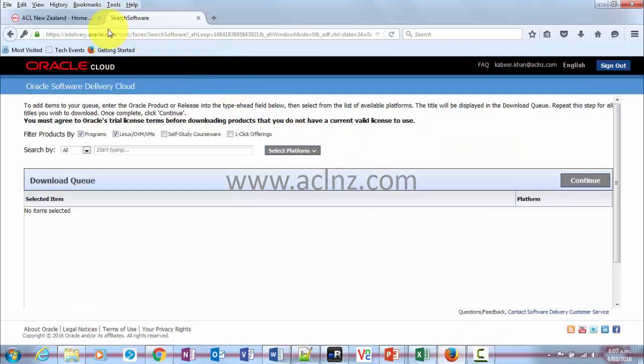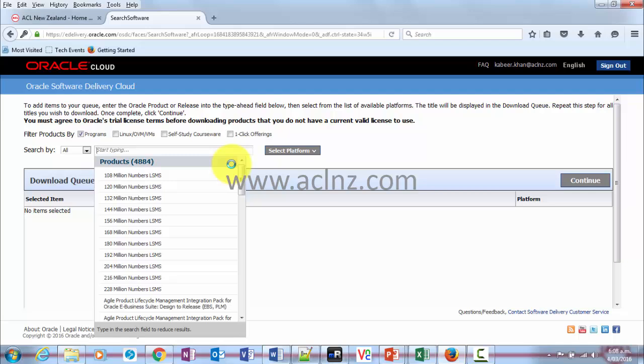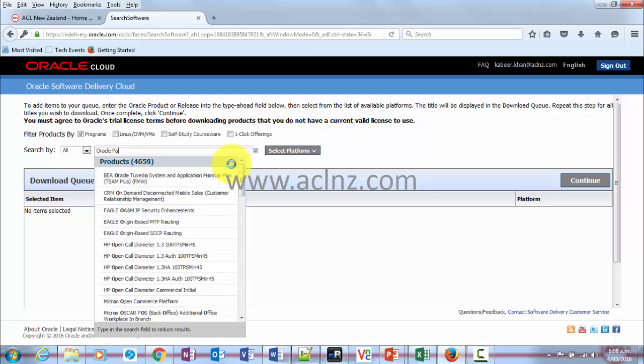So you've got to go to edelivery.oracle.com first, and then it will ask you to enter your username and password, and once you have entered that, then you will reach this place. The second step you have to do is uncheck this box and then leave only the programs one on, and then you can search by a product name within Oracle eBusiness Suite. It could be Oracle Receivables or Oracle Auto Management or Oracle Payroll or Oracle Payables and so on. So let's search with Oracle Payroll,